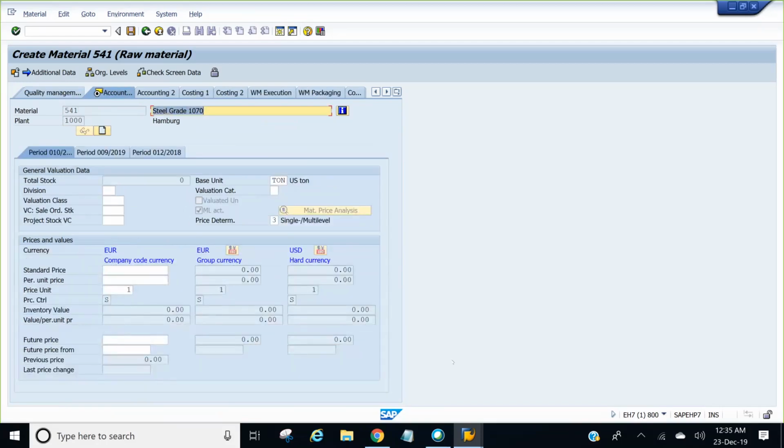Okay, now we are on the accounting view. The view has jumped to the accounting view, the one we selected. Over here, the important thing is first we need to enter the standard price of this material, for example, $10 a ton. Now I'm going to hit enter. It says local currency converted using currency exchange. Okay, it does show me